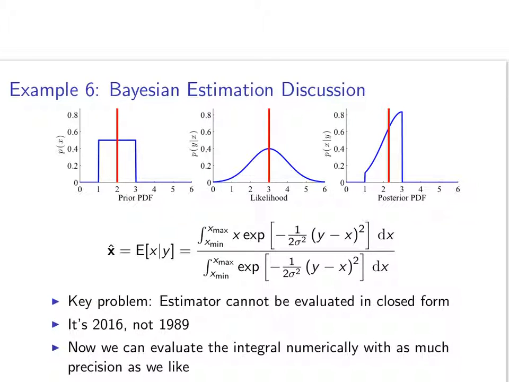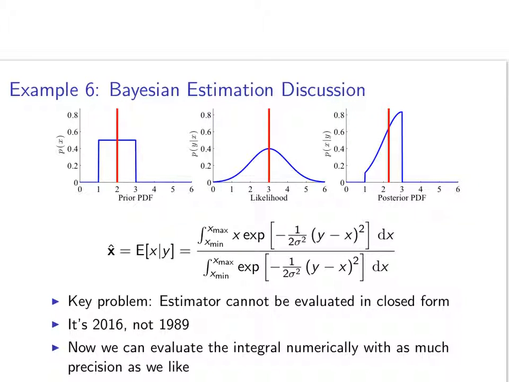And the cute thing about Bayesian estimation is it weighs this competing information. You've got kind of conflicting information in a way. Your prior information says, it's over here, and now your measurement is saying it's over here. And the optimal Bayesian estimator ended up placing it at about 2.3. That's the mean of the posterior. And the mean of the posterior is usually what we're after when we're doing state space tracking.